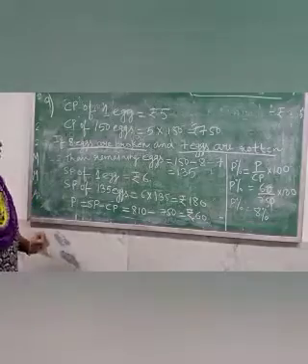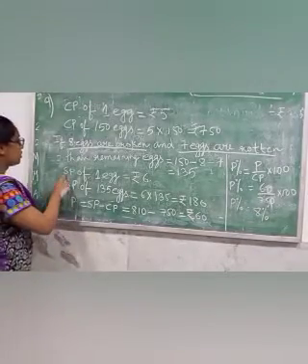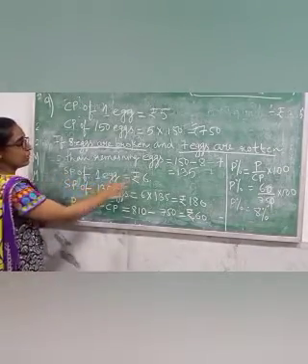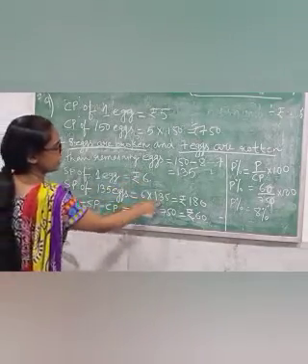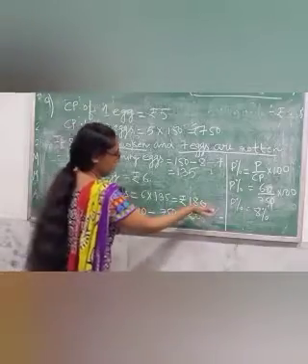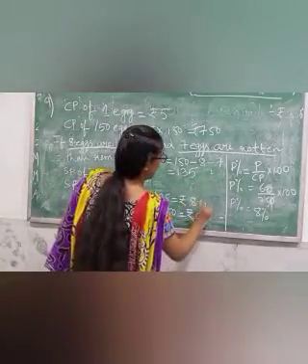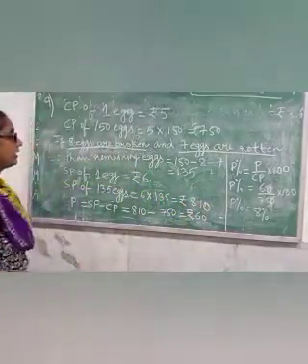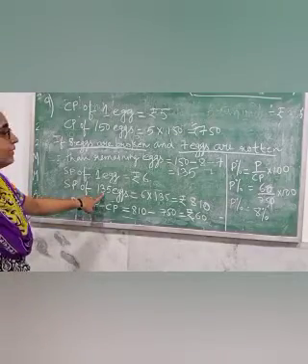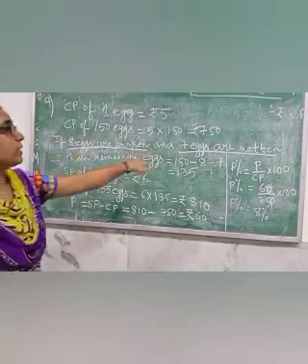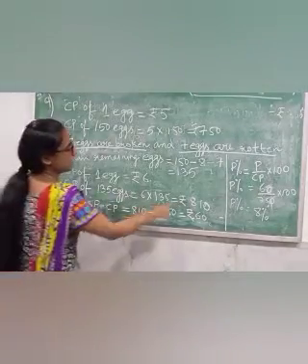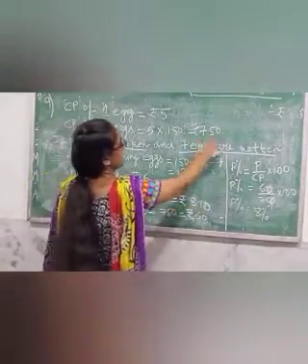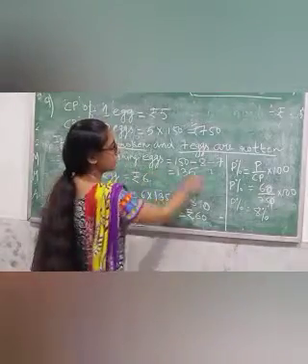Now he is selling each egg at rupees 6. So selling price of one egg is rupees 6. Selling price of 135 eggs is rupees 6 into 135 equals rupees 810. Okay, 810. Why 810? Because he is selling only 135 eggs. 8 eggs are already broken and 7 eggs are rotten. Okay, now you can see SP is 810 and CP is 750. So SP is greater than CP.